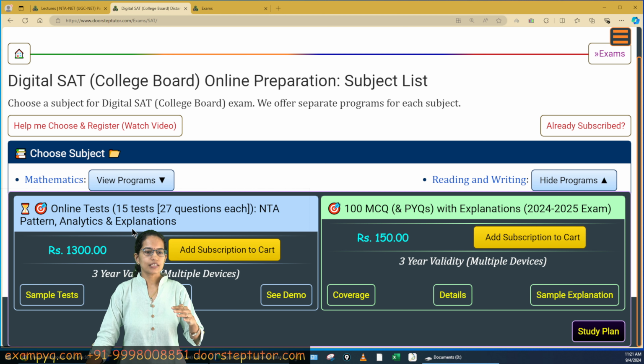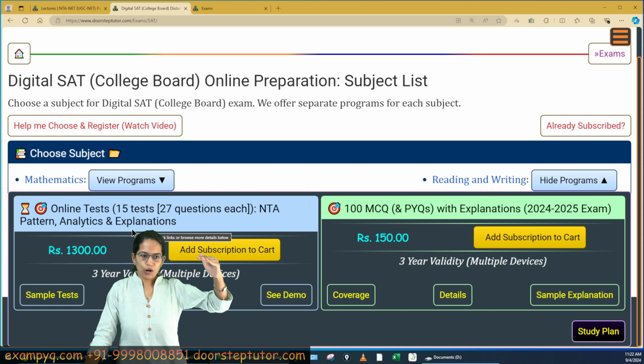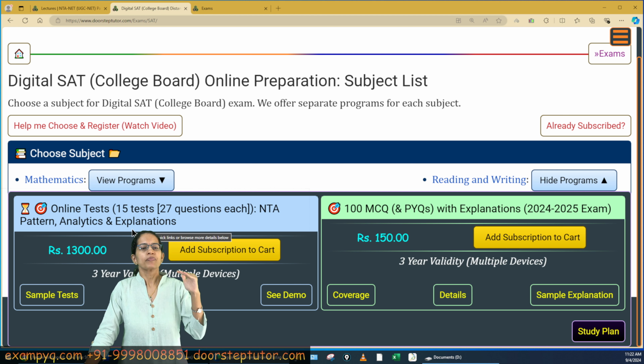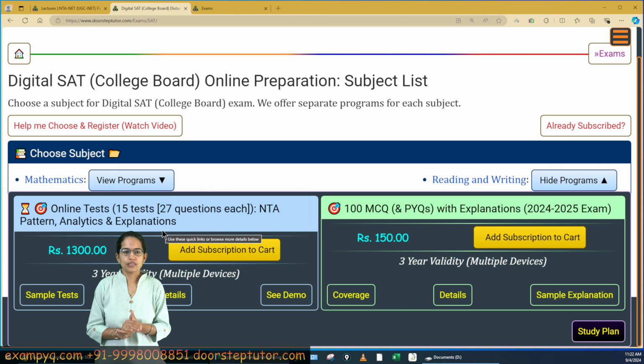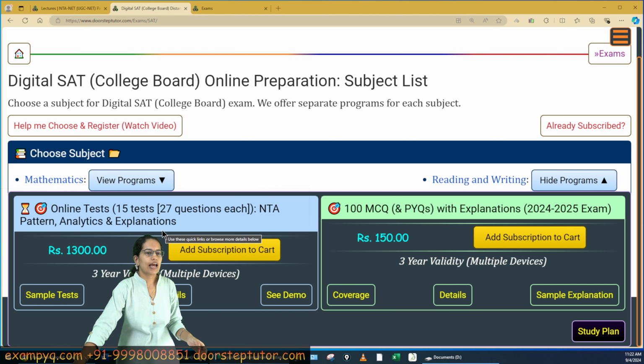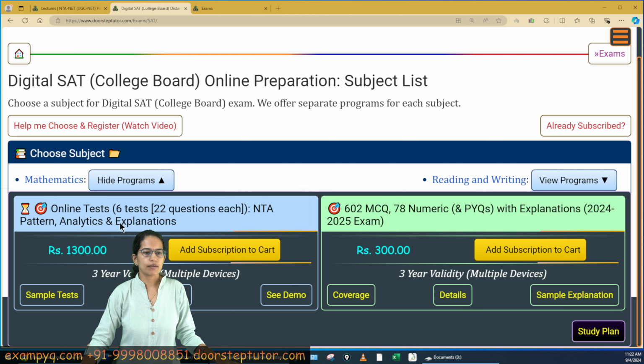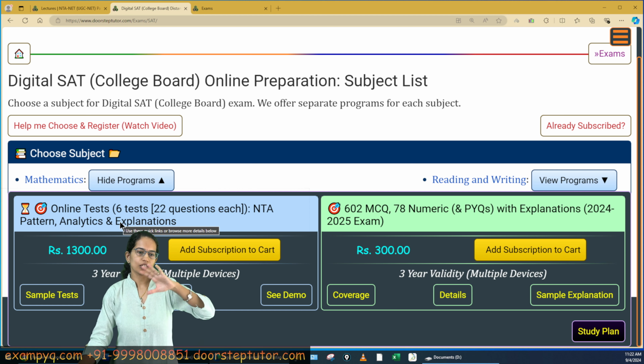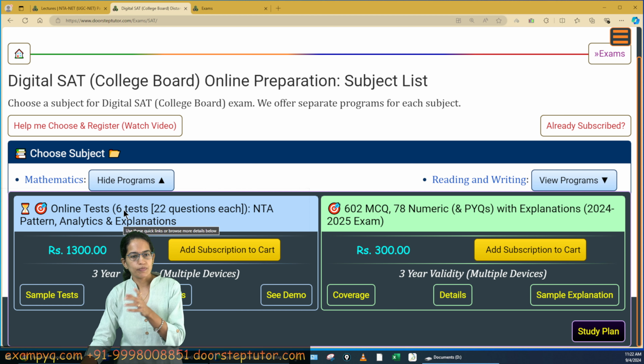Now there are 15 tests. In every test, if you go through, the first test is the routing test, followed by the second, which is the module A, third, which is the module B. The same would apply for all the 5. So in all there are 5 tests, you can simply say, with reading writing, and we have 2 tests which are now available for your mathematics, which includes the routing, module A and module B in totality.